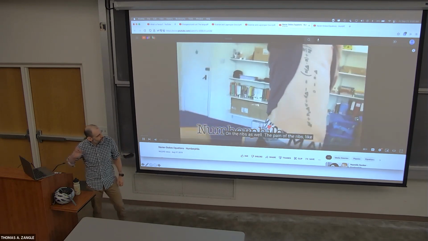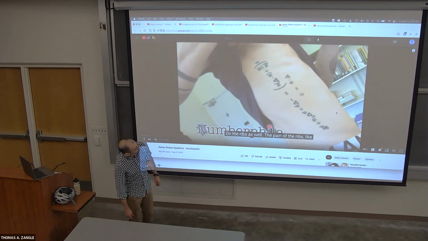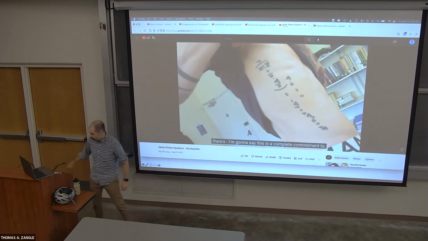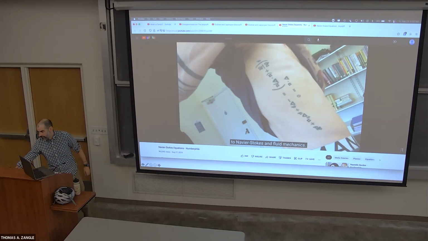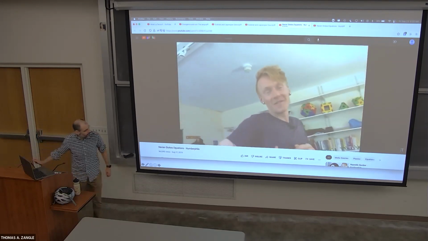There's a number on the ribs as well, the pain of the ribs, but I'm going to say this is complete commitment to Navier-Stokes and Freedom Camp. Why did you do that? What